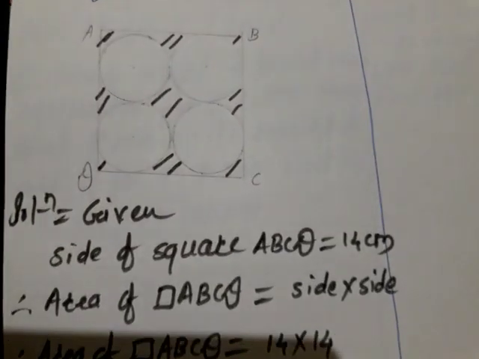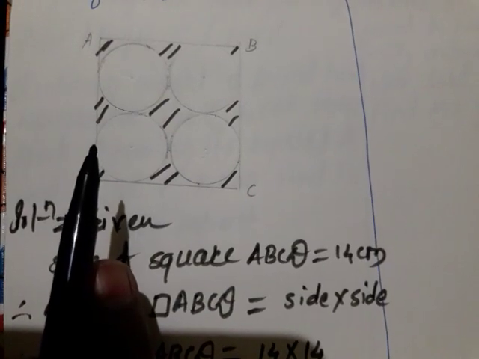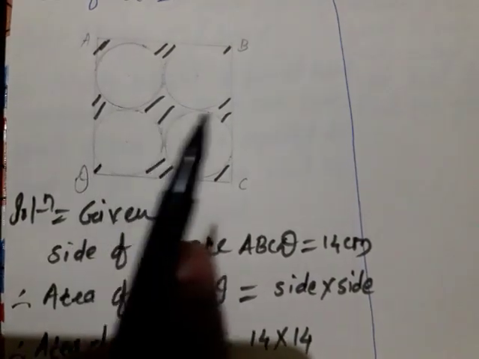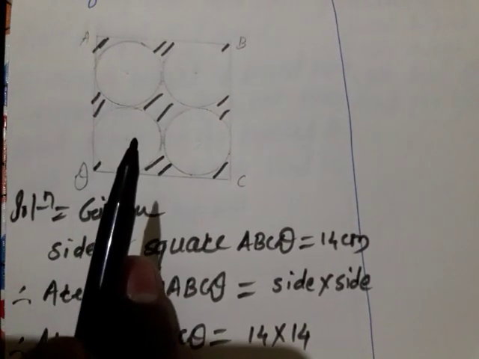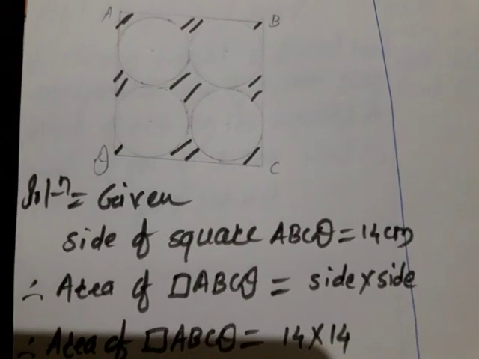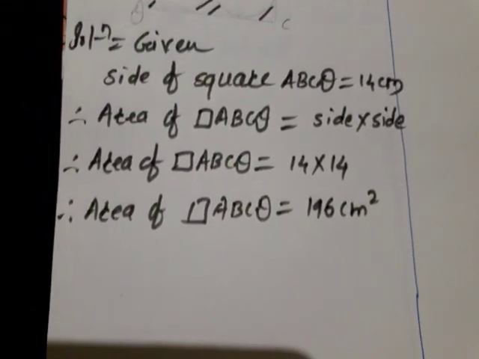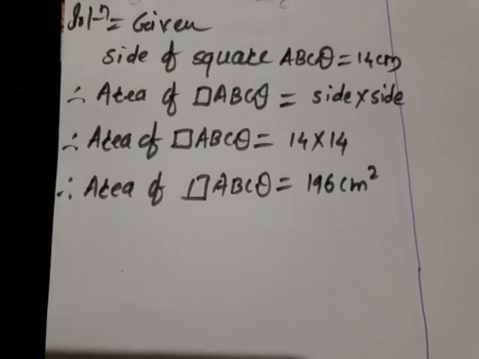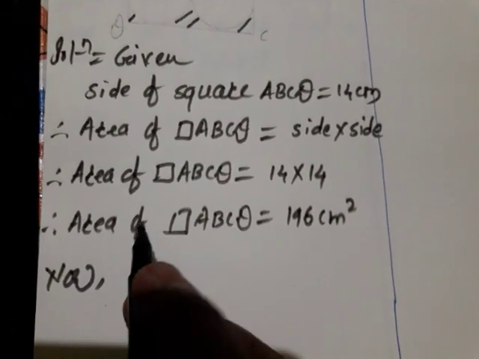Now what we are going to do? We will find out the area of one circle. How we are going to find out? As I told you, when we are observing this point and this last point, then the diameter of those two circles is nothing but the side of the square. Means when we want to find out the diameter of one circle, then we have to divide the side of the square by 2, then we will get the diameter of one circle, and when we divide that diameter by 2, then we will get the radius of the one circle, and by using that radius we are going to find out the area of circle.